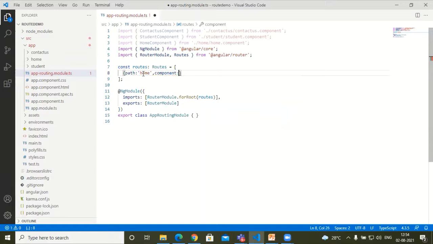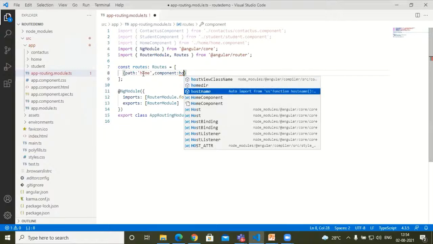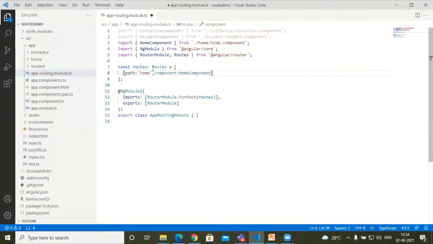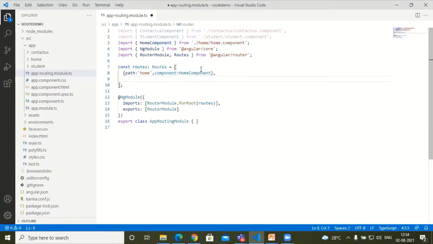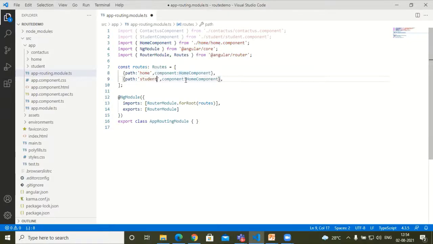Which component? We will be invoking the home component, and just observe, your home component will be imported here. Similarly, we will be giving the path for student, and here you will be invoking the student component.